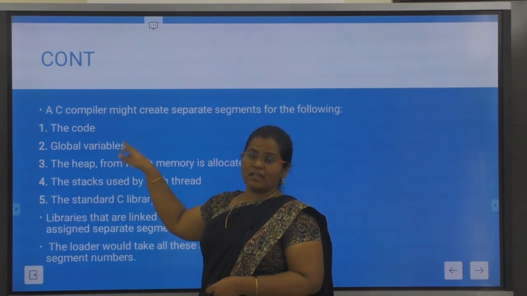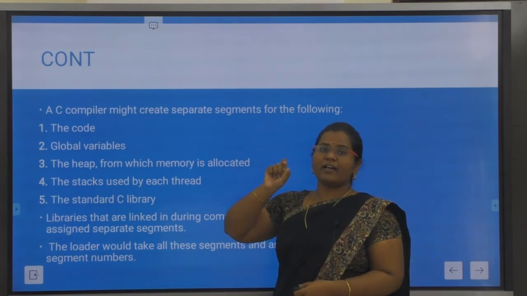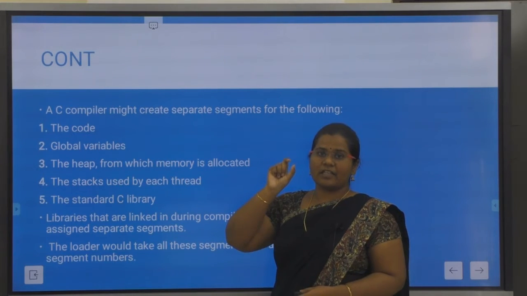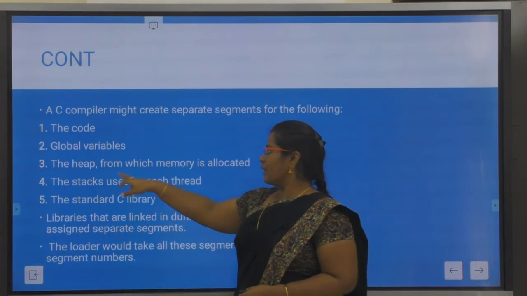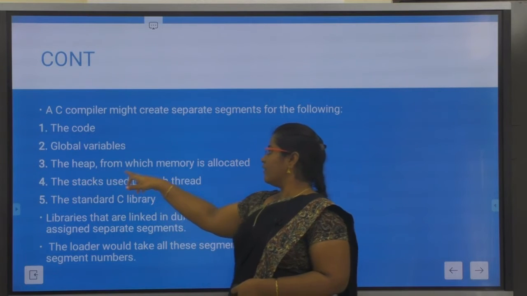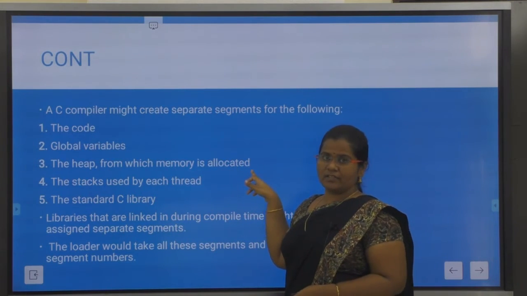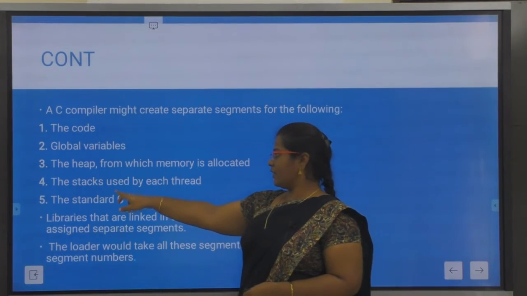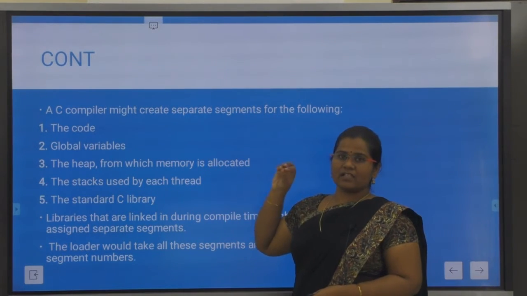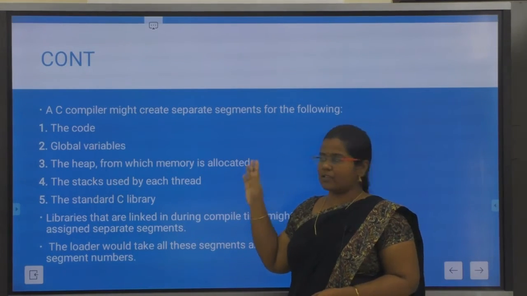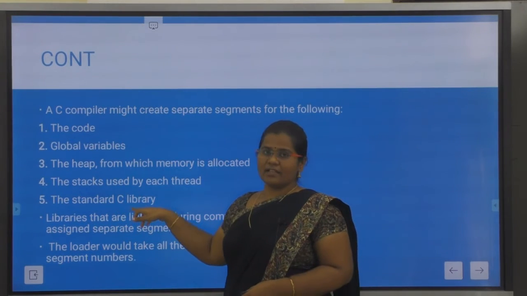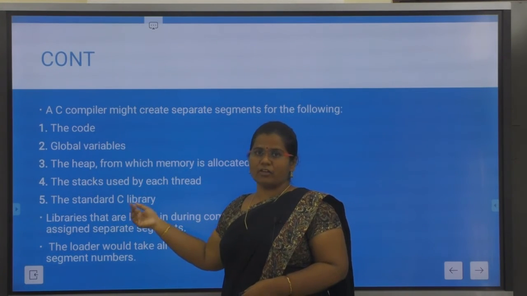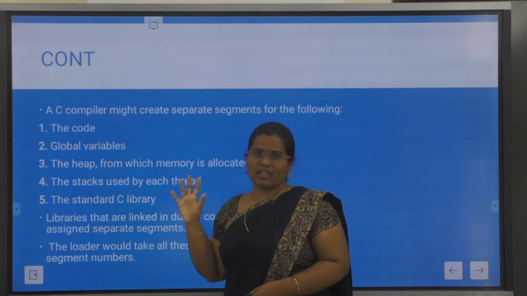Then global variables, the memory allocated for variables declared in your program. Then the heap, from which the memory is allocated. Then the stack, which contains the variables you define. And the standard C library, like header files, as one segment.